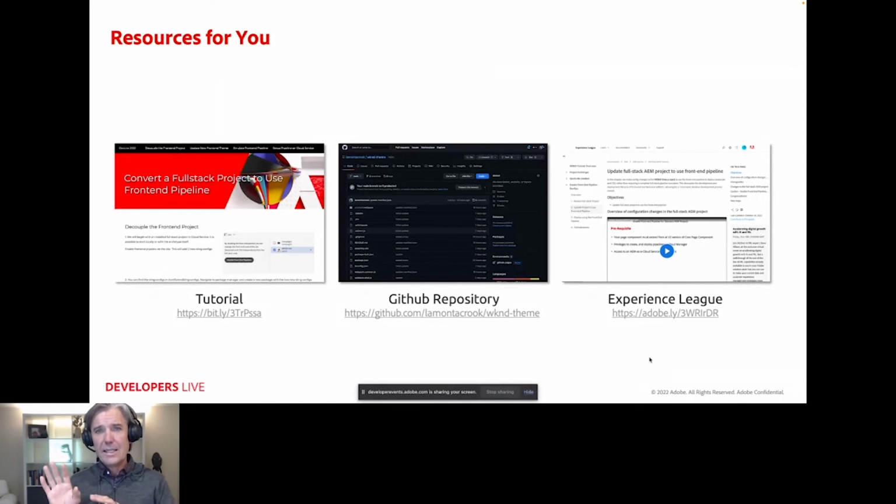There's also an Experience League tutorial that's slightly different than this, but that's going to be updated to match a little bit more this flow. But fundamentally, there's a good deal of resources for you if you want to do this exact same thing with your project. So lots of details, but we can turn this over to the question and answer point if you have any questions.